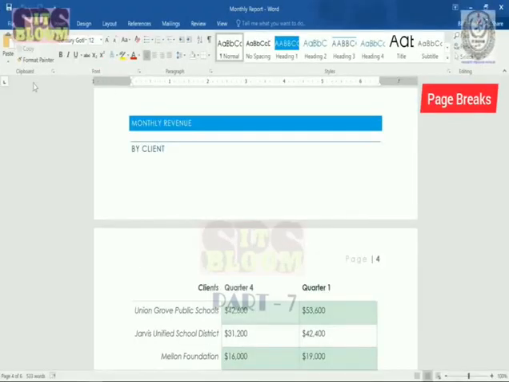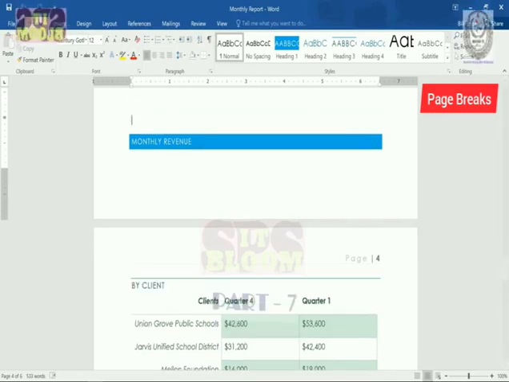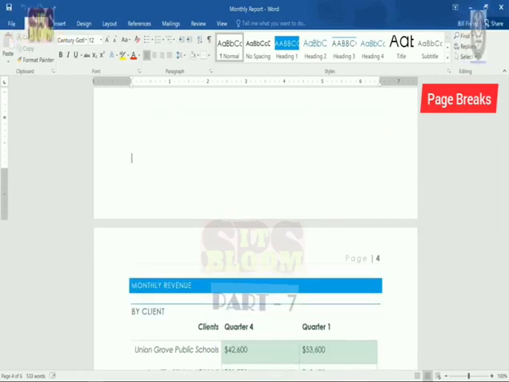You want to have more control over exactly how the text flows, and breaks can be very helpful in those cases. This document is a corporate sales report, and toward the end is a revenue summary. Right now it's getting cut off between pages 3 and 4, and I'd really prefer to have it all on the same page. I could just press Enter until the summary reaches the top of page 4, but if I